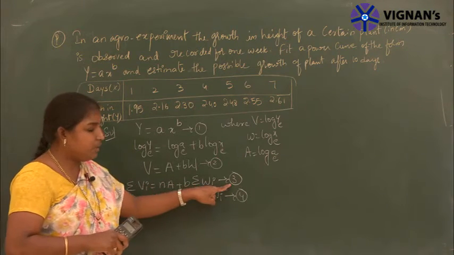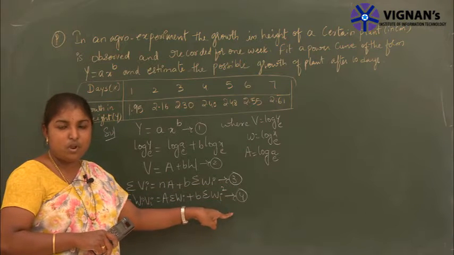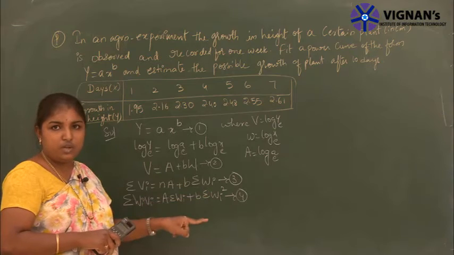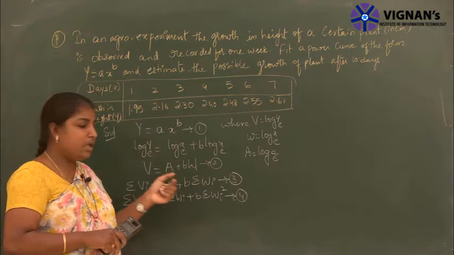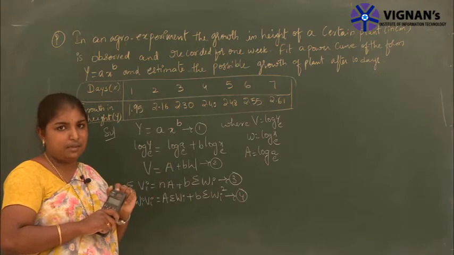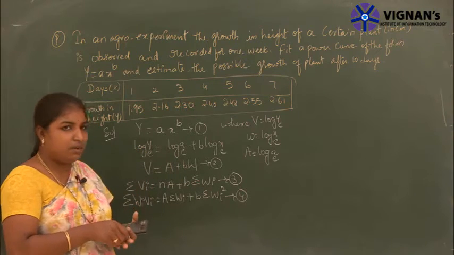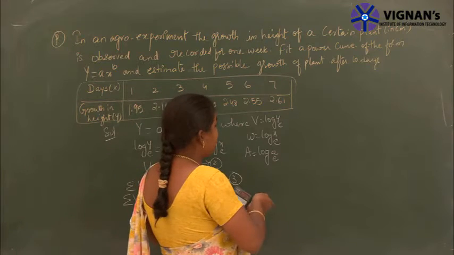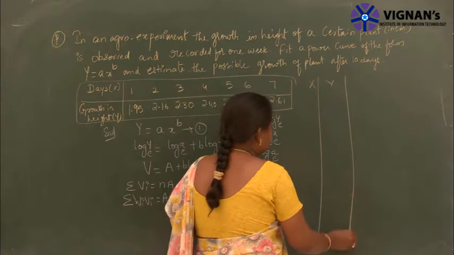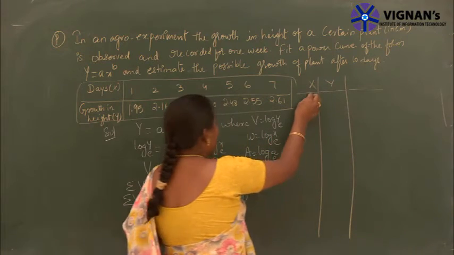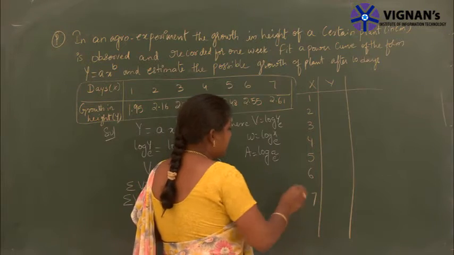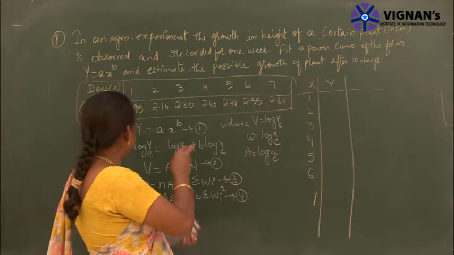So now we are solving equations 3 and 4. We are getting capital A and small b values. For solving these two equations, here we want to find out the summation values using a table and calculator. So first I am constructing the table here. I am taking x values and y values. X values are 1, 2, 3, 4, 5, 6, 7, they are given. And y values are